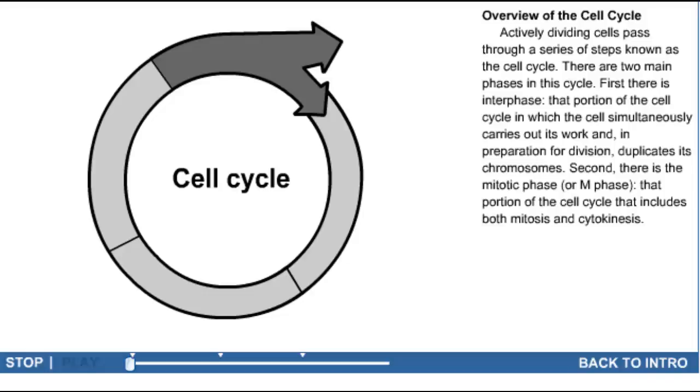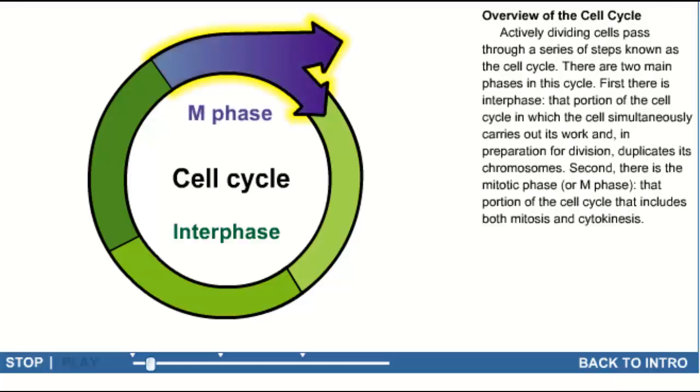Actively dividing cells pass through a series of steps known as the cell cycle. There are two main phases in this cycle. First, there is interphase, that portion of the cell cycle in which the cell simultaneously carries out its work and, in preparation for division, duplicates its chromosomes. Second, there is the mitotic phase, or M phase, that portion of the cell cycle that includes both mitosis and